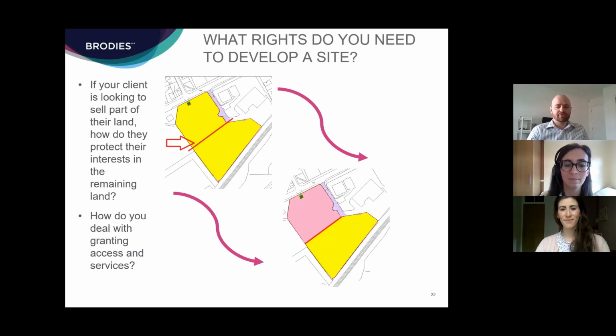But also, if a purchaser, what else are they going to need? Well, they're going to need their access into the site. They've got that, but they're also going to need services. So they're going to need their utilities, their gas, electricity, water, connections to the public drainage system, etc. And as I said, they're not near the public road, which for this little case study we'll say all the services are up in that public road. How are they going to get their services down from there